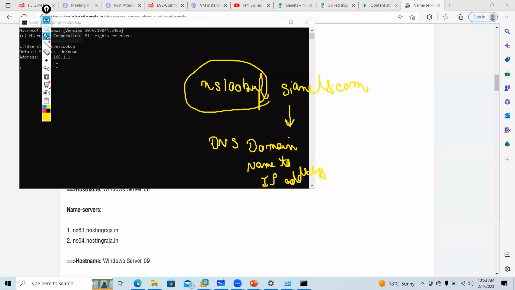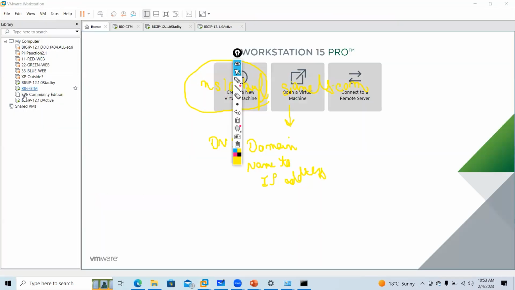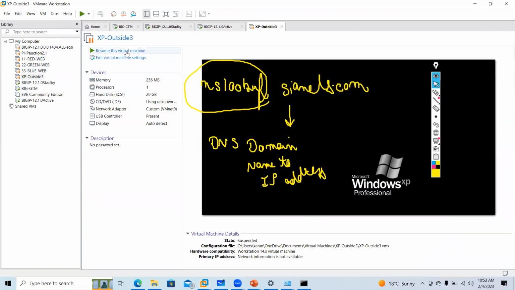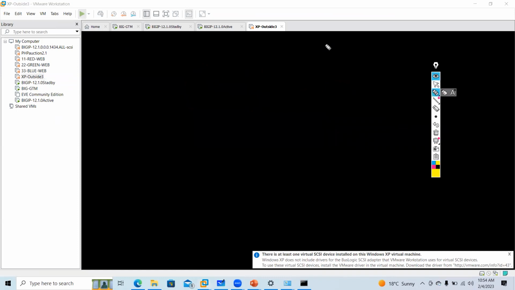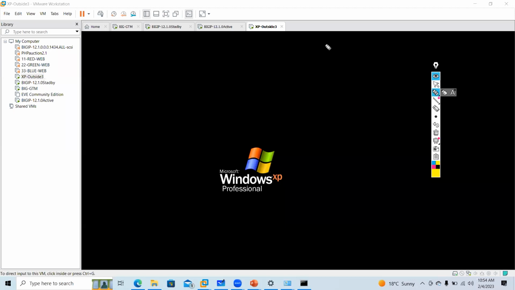Let me do one thing. I have a machine already in my PC. Let's do it there. Just give me 1 minute. Let me turn on that Windows XP. I will show you how you can find the name server of your website. But you need to know the definition. What is a name server? A name server keeps records of every website.